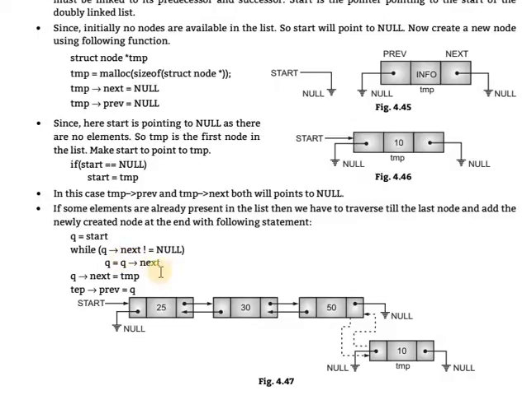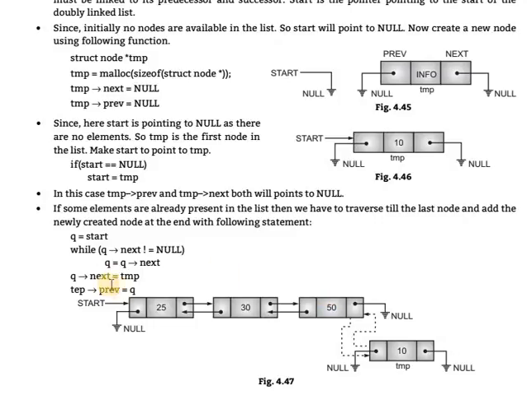Then q of next is assigned the temp node. Take the q pointer and the temp. First, find q, then q next. This is the first q, and the next element is 50, then null. So it stops there and the inner part is executed. At that time, q's next points to 50, which is considered as q. It means we move the q pointer from 30 to 40.